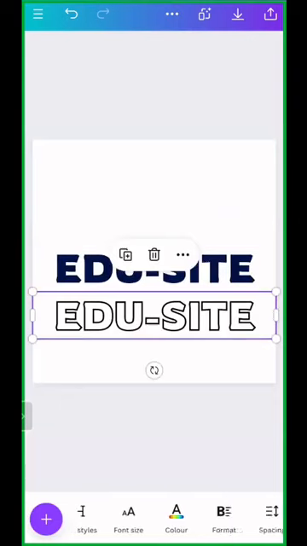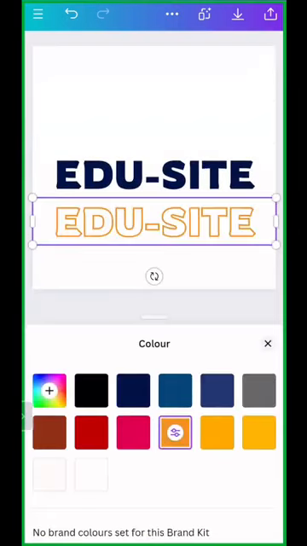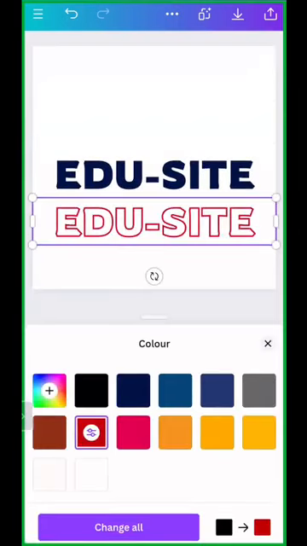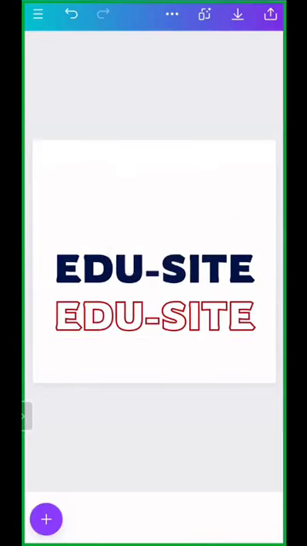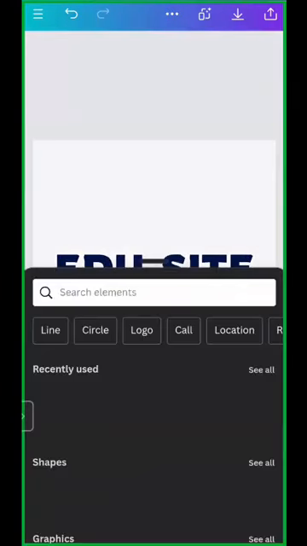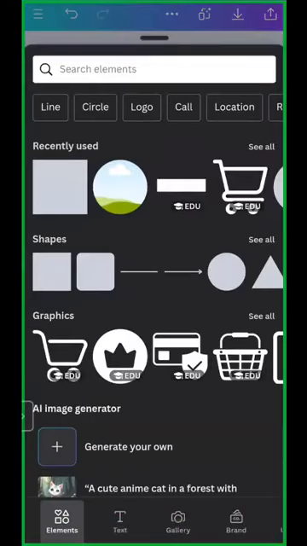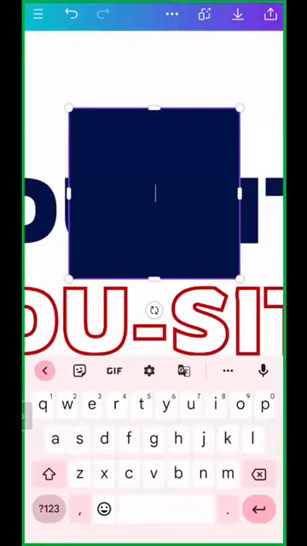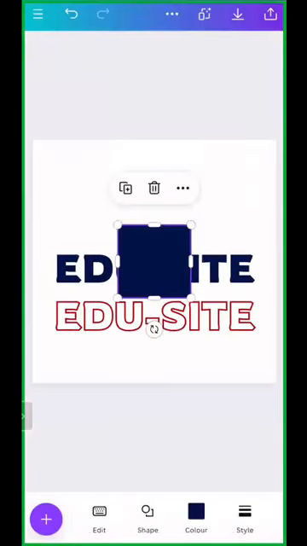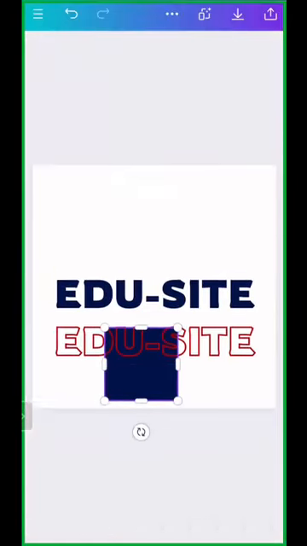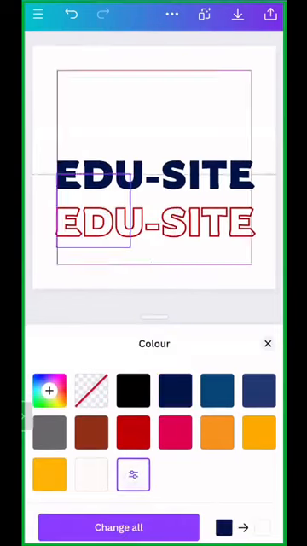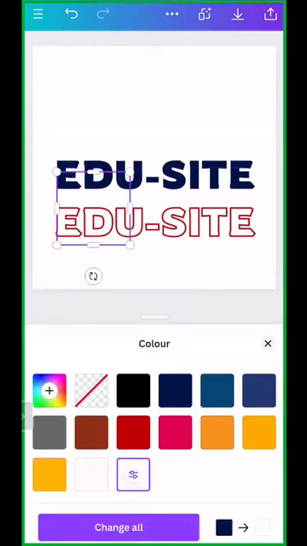For example, for this also, let me just assign a beautiful color. I do not know whether it suits well with that. Fine. Then I'll move to the shapes elements and just grab any shape here. I'll make this shape white colored. Okay, white color. And what I'll do is, it went backwards.